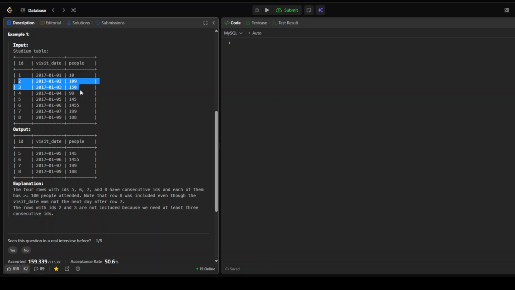See, it is greater than 100, but since the 4th is not greater than 100, it drops, and therefore 5, 6, 7, 8, all of them are greater than 100 and they are consecutive, so that is why they'll get picked. So what we have to find here is ID, visit date, and people for such days